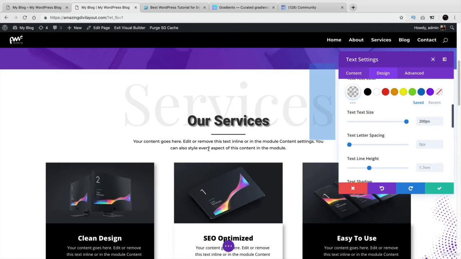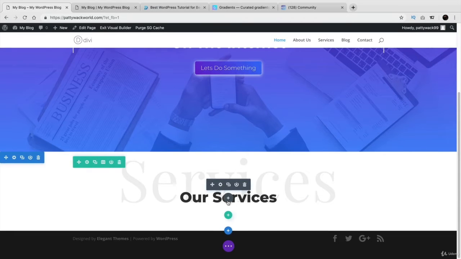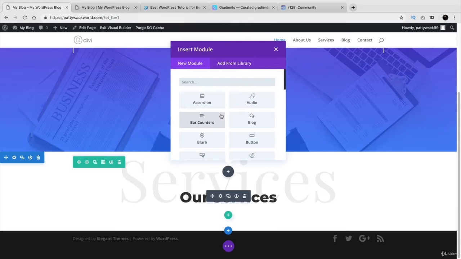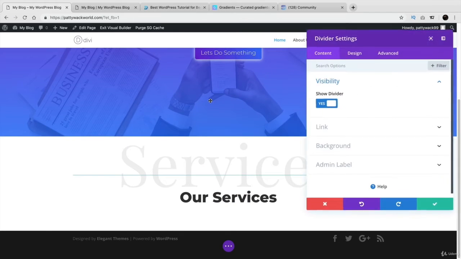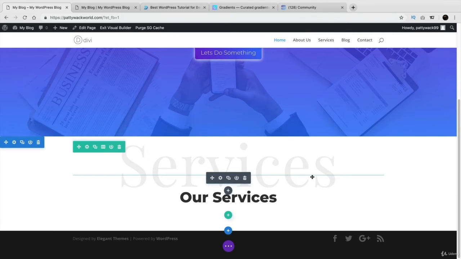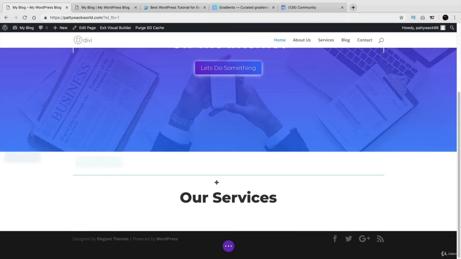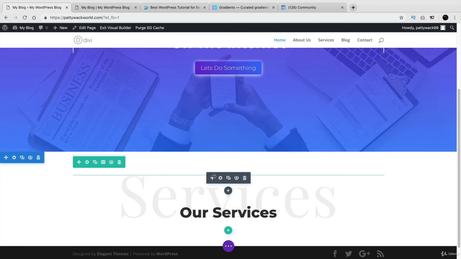Next, we'll go ahead and do this little divider right here, and then we'll also do this section right here as well. So right here, I'll click on this plus icon, and we're going to add in a divider now. The main purpose of a divider is to give the page space, but we can use this to add design and decor to our specific section. I want to take this divider right here,